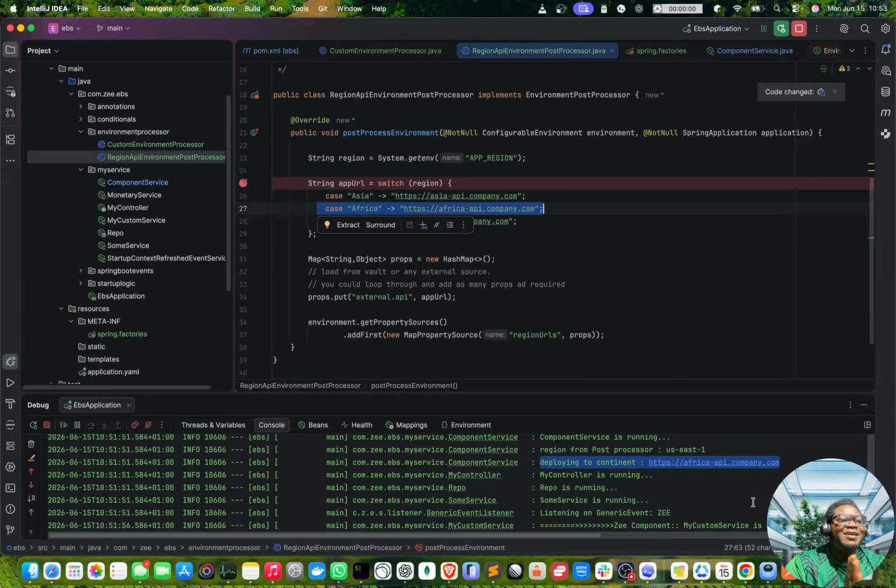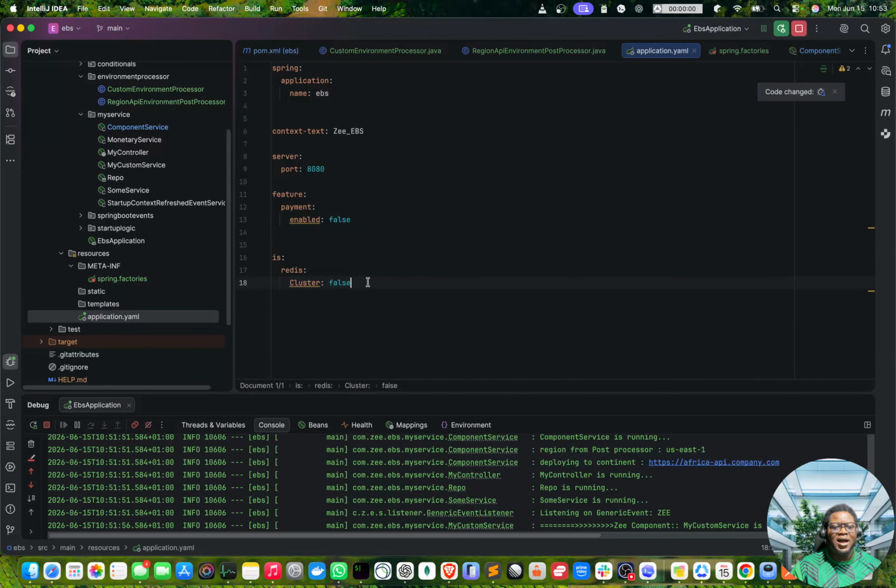Now, what are the real life situations I've used it? If you know about structured logging in Spring Boot, structured logging has two ways. You could use console and you could use something called a structured formatter, right? The console will just print everything as it is, nothing changes. You have this default in. But if you use structured logging, you have everything as JSON, right? I've used that in an application I built before, where I used this environment post processor to be able to dynamically switch. So I created a property. The way I was able to do that, if I were to quickly, I created a property and I did something like is structured